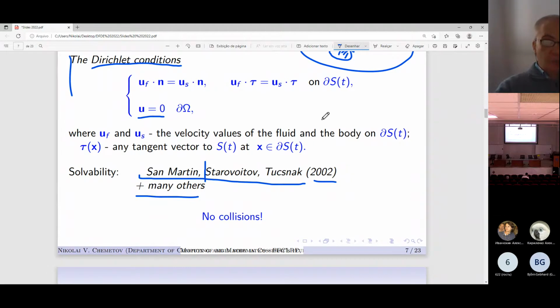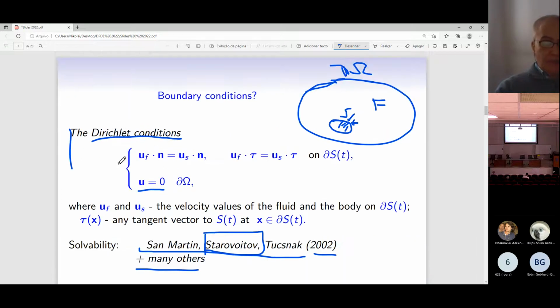And of course it drew some attention to the study of the behavior of the solid. Starovoytov constructed some examples that showed that in such a statement, in the case when we have a Dirichlet condition, our body never could touch the boundary of the domain. Of course, it's a paradox. This paradox was not created by a physical situation. It's created by the mathematical statement of our problem, and exactly by the